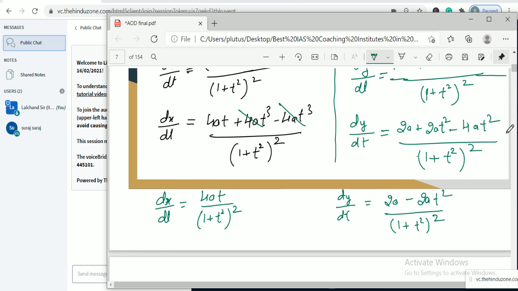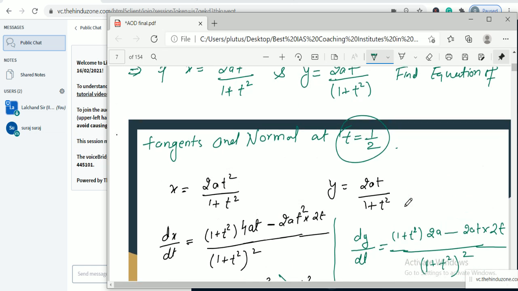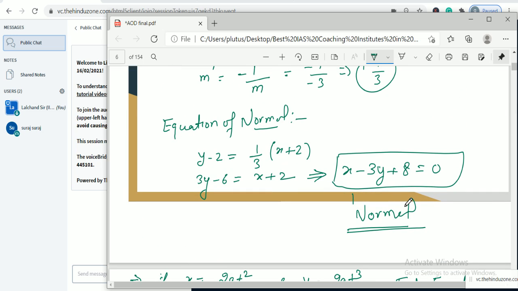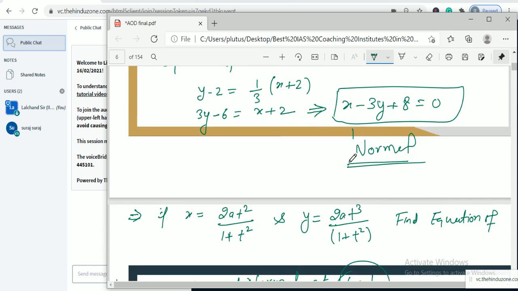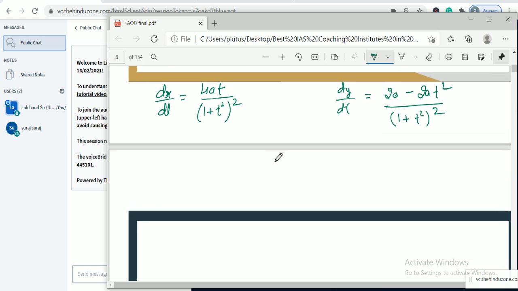Can you find out, is there any calculation mistake in this? Is there any calculation mistake? No, I think there is no calculation mistake. Okay. So if you find out dy by dx,